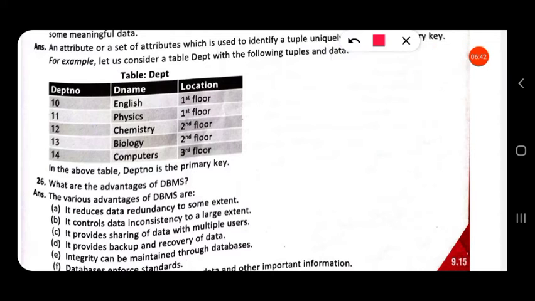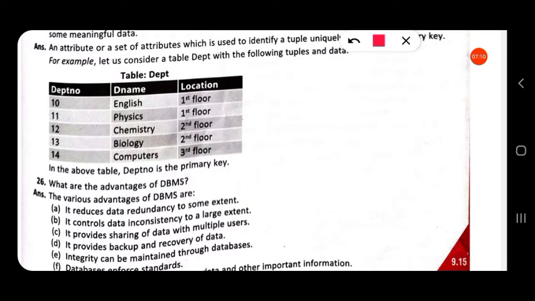In a table, each row can be uniquely identified by a column. That particular column is called the primary key.